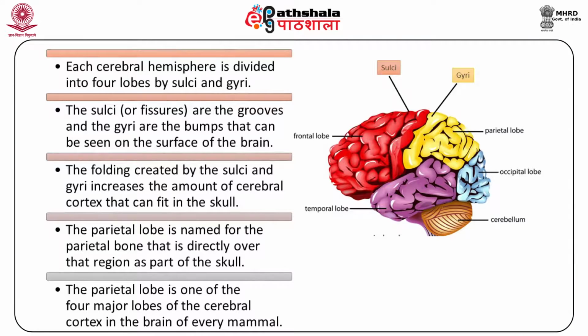Introduction. Each cerebral hemisphere is divided into 4 lobes by sulci and gyri. The sulci or fissures are the grooves and the gyri are the bumps that can be seen on the surface of the brain. The folding created by the sulci and gyri increases the amount of cerebral cortex that can be fit into the skull. The parietal lobe is named for the parietal bone that is directly over that region as